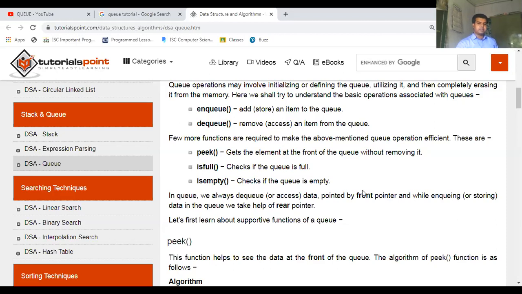So these are the basic situations that you have to remember: whether the queue is empty or the queue is full. It's the same situation which you have already learned in the case of the linked list. If your linked list is empty, then the deletion operation cannot be performed. You can perform only insertion.